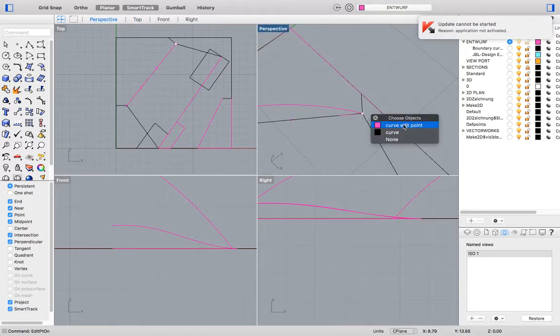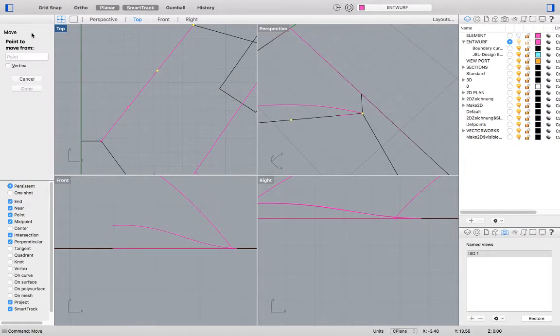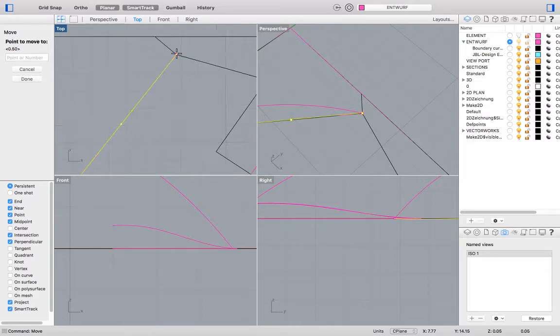So I'm going to select this curve point, command move, enter, point to move from, which is the base C-plane. Oh, sorry, I didn't select vertical. Make sure vertical is selected, point to move from, point to move back,